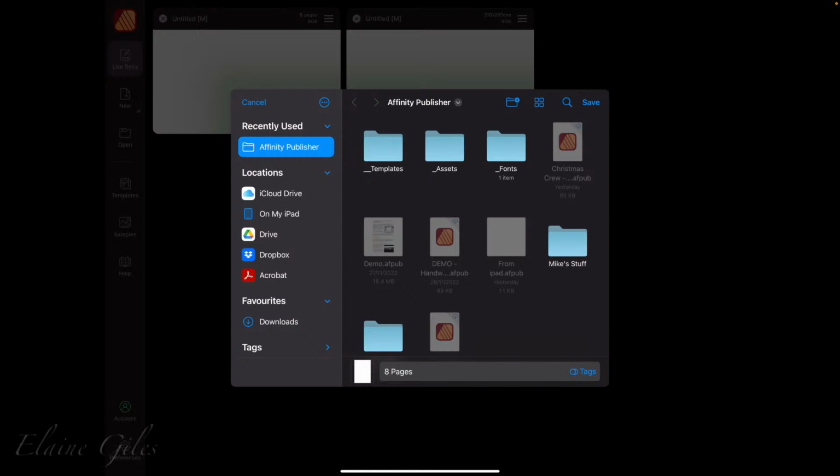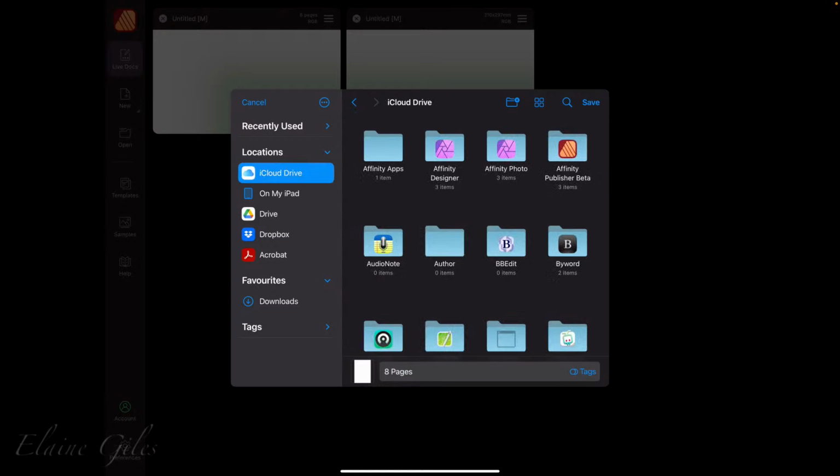In the locations, so we'll forget that one. In the locations, you can see I've got iCloud Drive, I have on my iPad, I've got Google Drive, Dropbox and Acrobat. You may have more, you may have less. It depends on how your iPad is configured. So most people have iCloud Drive. My iCloud Drive, I loathe it with a passion that knows no bounds. You can see I have problems with the